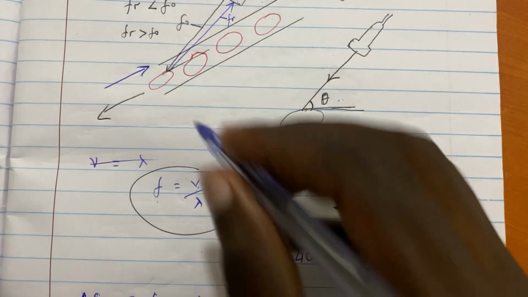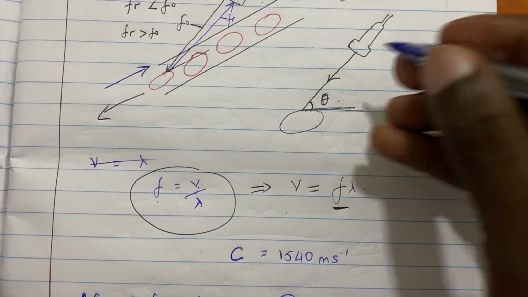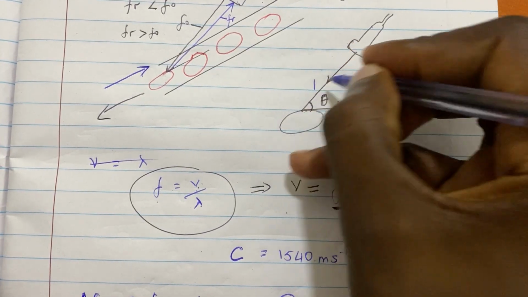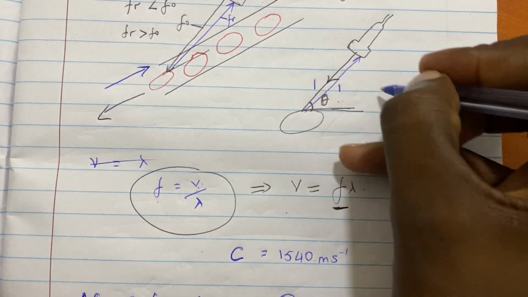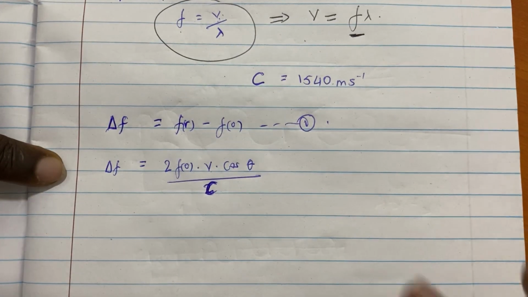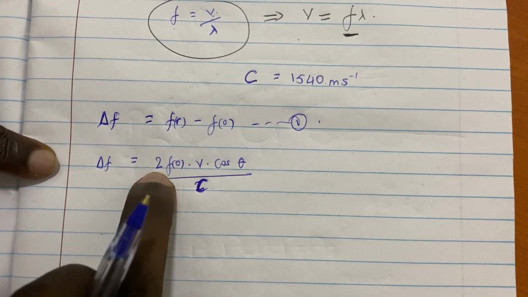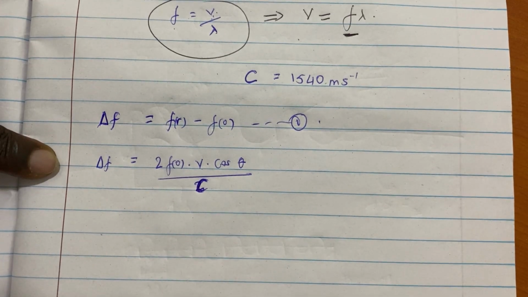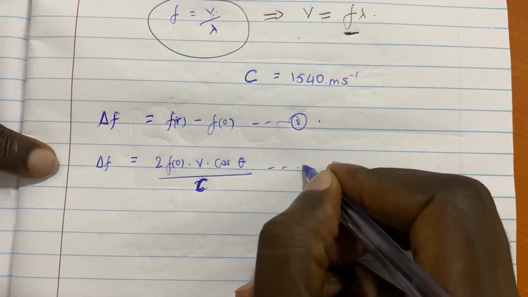And then this 2, remember I've been telling you that it is transmitted and then reflected. You will not listen to anything unless it comes back to you. So what is the distance it has moved? It has moved the distance 2 and 4. 1 plus 1 is 2. So these two journeys, the sound has to move. It goes, it comes back. It's like an echo. That's why we call it echocardiography. It is the one that is bringing this constant 2. Because it has to move, you must receive back. If you don't receive back, then that is attenuation.